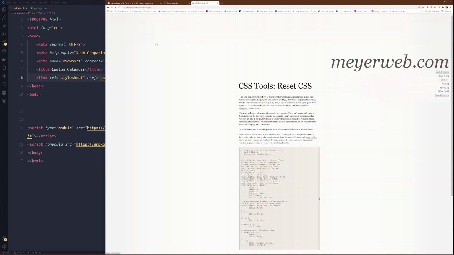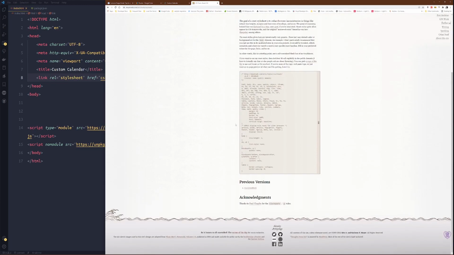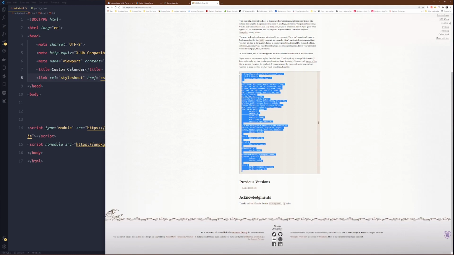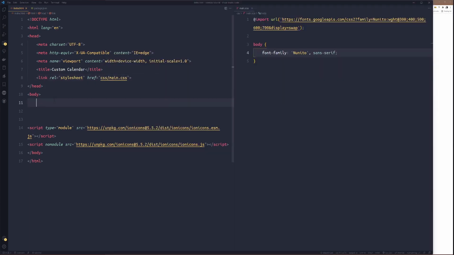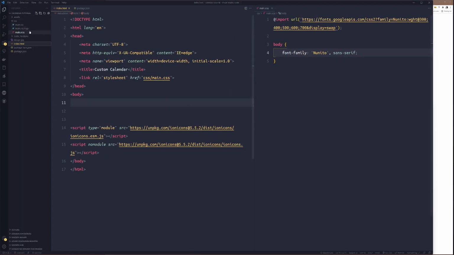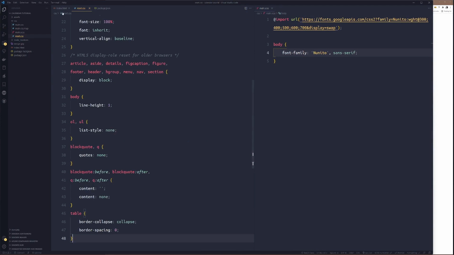Eric Meyer reset CSS. Alright, so I haven't used one before. So once you come to Eric Meyer reset CSS, just copy these items ready here. Copy them. Then we'll create a new file, reset.css. We'll paste it in.